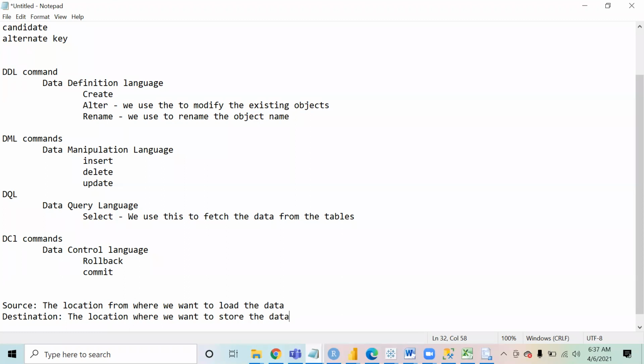In our case, source is Excel and destination is SQL Server.